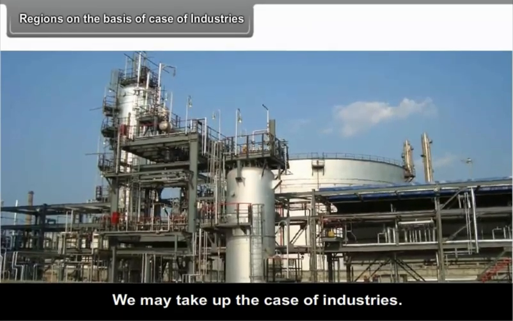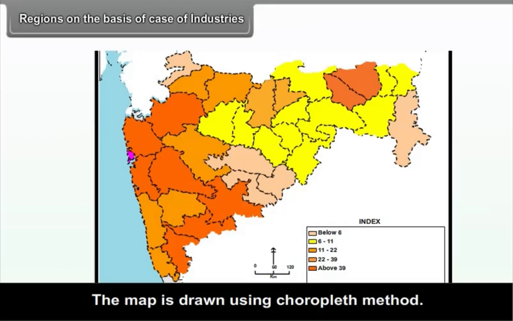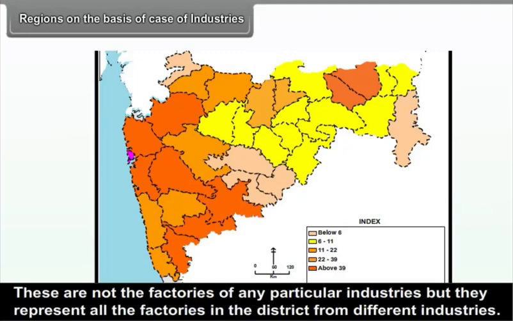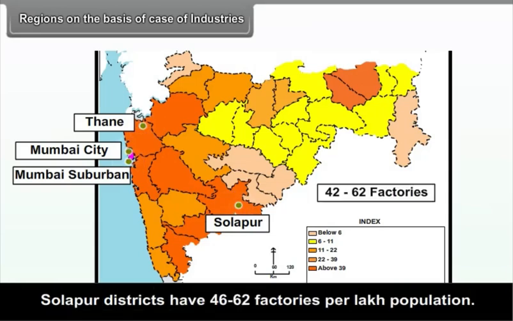We may take up the case of industries. In figure 1.6, a map showing the number of factories per lakh population in each district is shown. The map is drawn using the choropleth method. It shows the concentration of factories in different districts. These are not the factories of any particular industry, but they represent all the factories in the district from different industries. You will see that there is a concentration of factories in Mumbai city and suburban, Thane and Solapur districts,